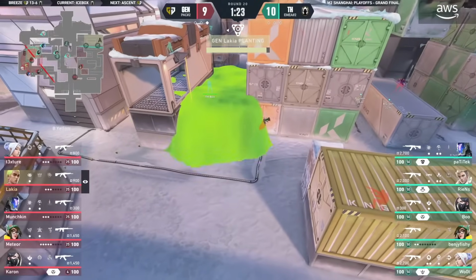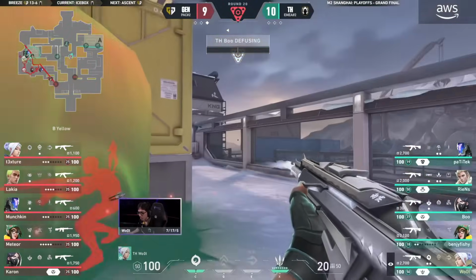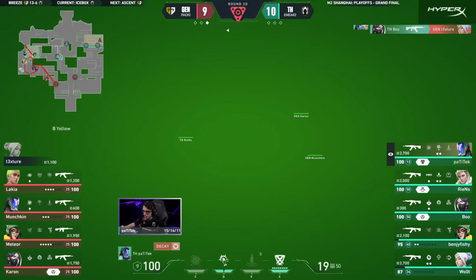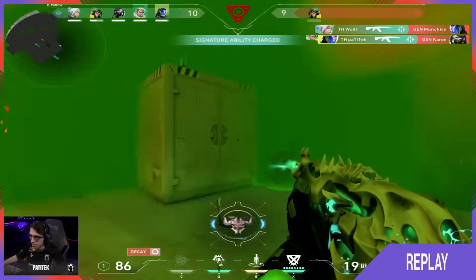Next, we've got a full 5v5 retake in round 20 with 2 Viper pits up. I think it's fair to say that losing control of yellow is very bad for Gen.G here, but Texture is still taking that peak all by himself, while the rest of Gen.G are just sitting around. Remember that this was a 5v5 retake, but somehow Gen.G didn't manage to kill a single player on Heretics